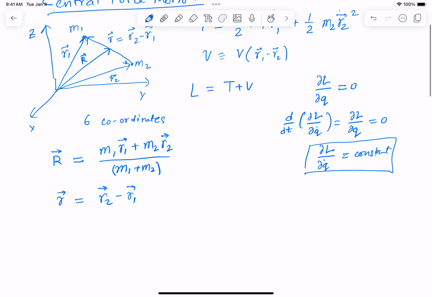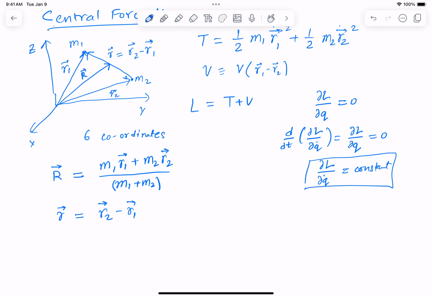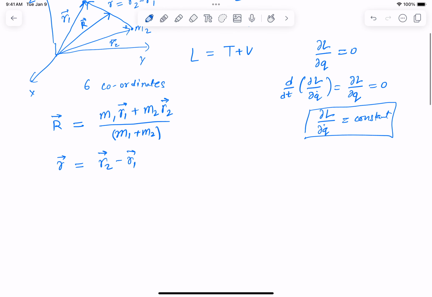Okay, so now that we have these two things, what we can do is we can solve r1 and r2 for capital R and small r. So that will be our first goal. So we'll do a coordinate transform essentially going from r1, r2 to capital R and small r, and we will see how it changes our kinetic energy and potential energy. So let's first do our coordinate transformation. It's not very hard to do. Here we have r equals r2 minus r1. So we can use this equation to write r2 equals